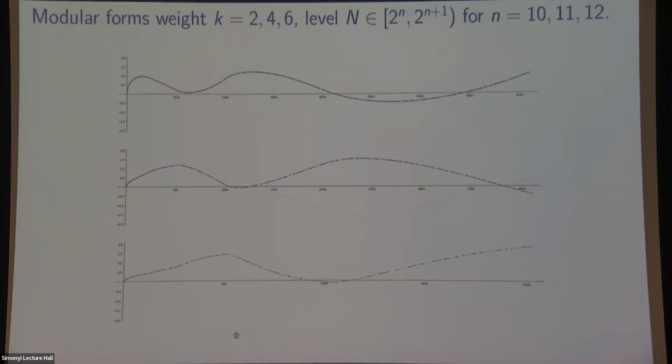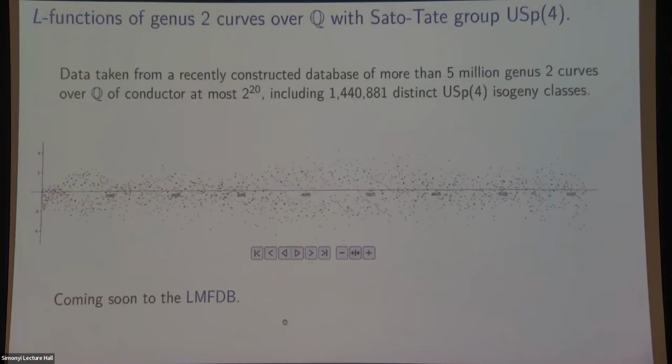Okay, and now I'm including the sign in the averaging. So I'm multiplying by the root number. So now instead of getting 2 curves, I just get a single curve. And so you can see they line up very nicely. And again, the curves are slightly different depending on which weight you're in. Okay, so that's it for modular forms. Well, I will come back to them at the end. Any questions? Okay. All right.